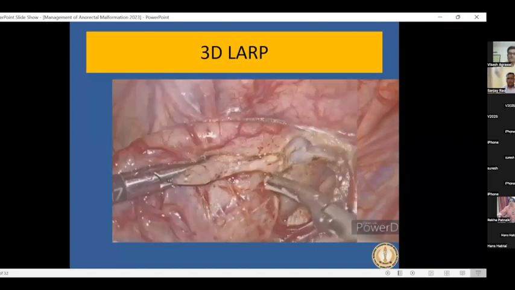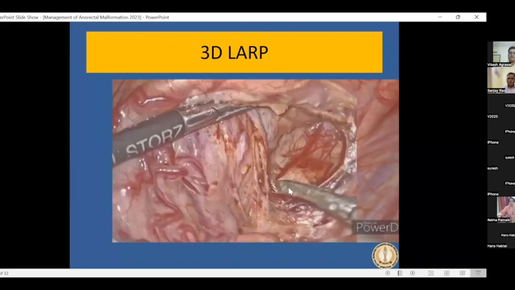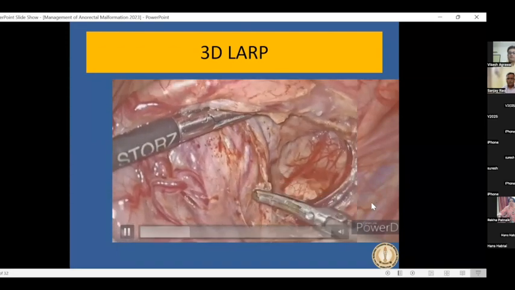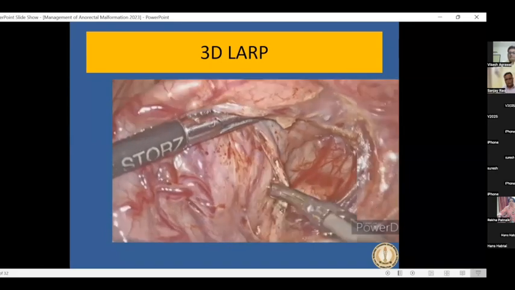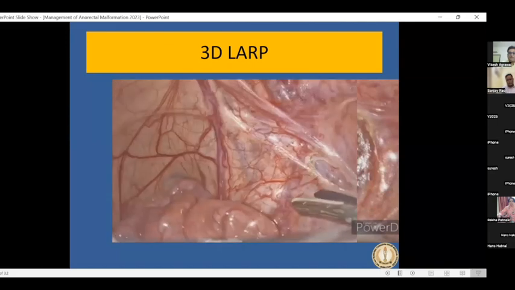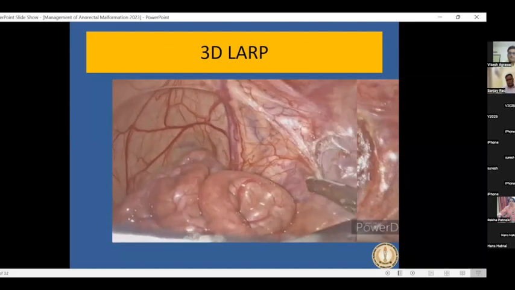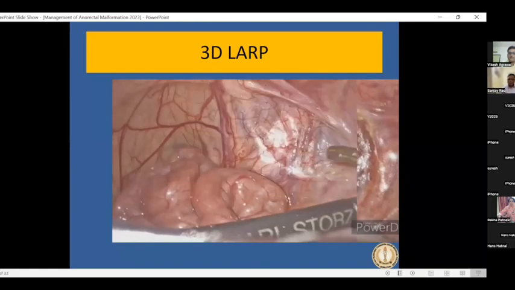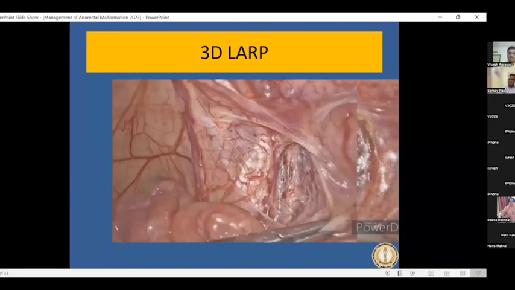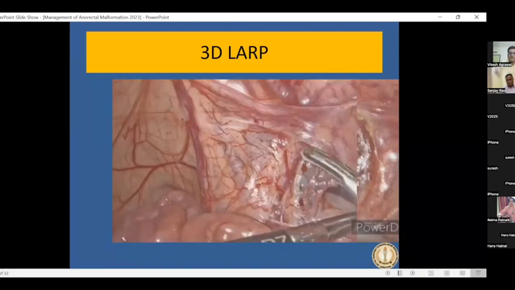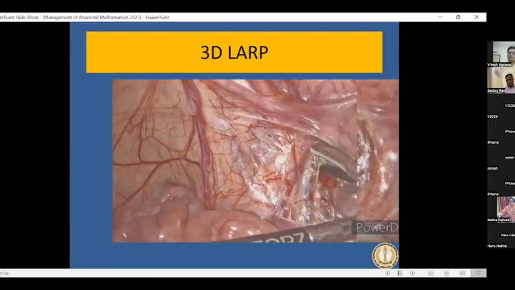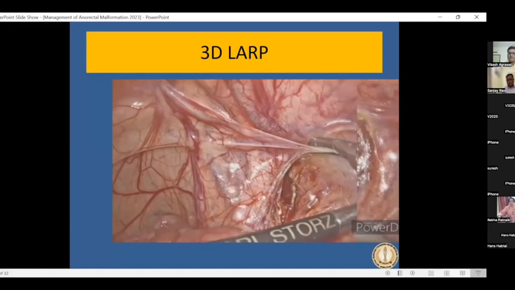And as you can see in this video, there is a median sacral vessel seen behind, and a dissection of the mesocolon is being done. One more important thing which we have changed recently is that nowadays we are using harmonic, but you can do this surgery with the usual monopolar cautery. There is no problem with that. So certain technical advantages have eased our life. And as you can see, a lot of lymphatics and everything you can see very clearly with the 3D laparoscopy, which you are usually not able to appreciate in conventional high definition surgery.